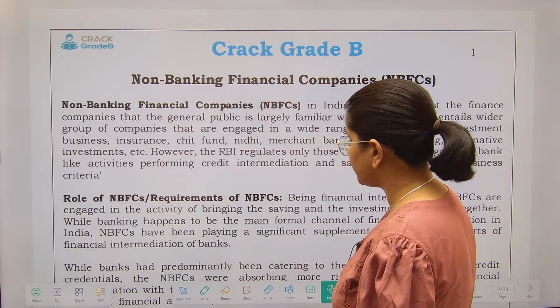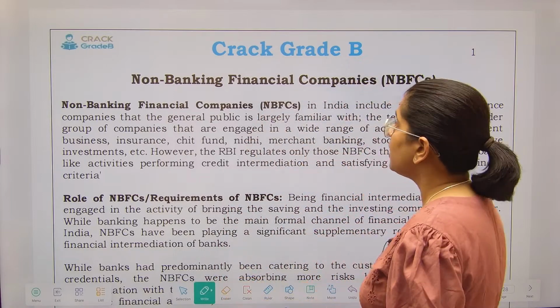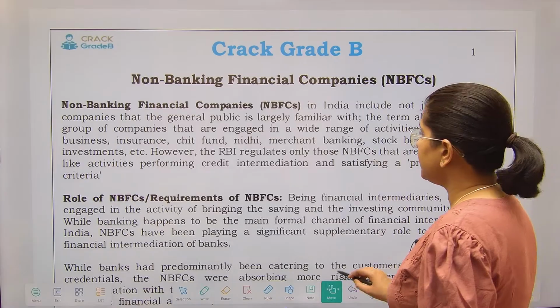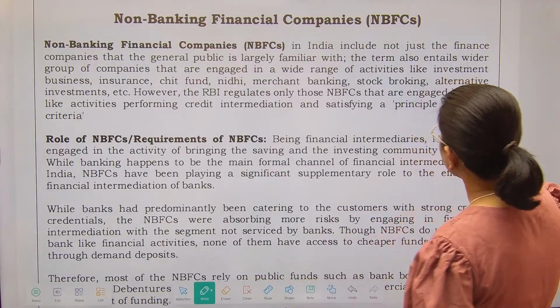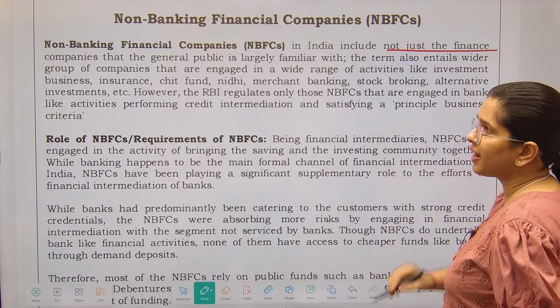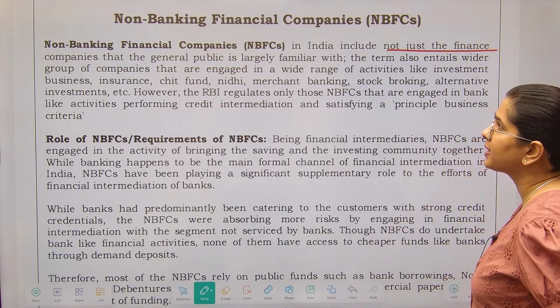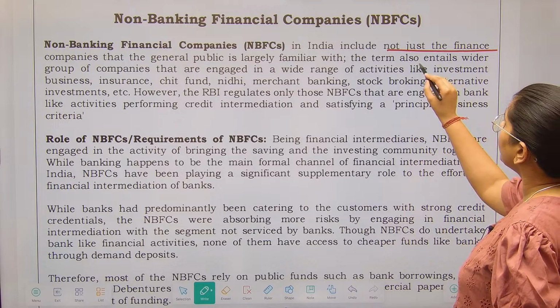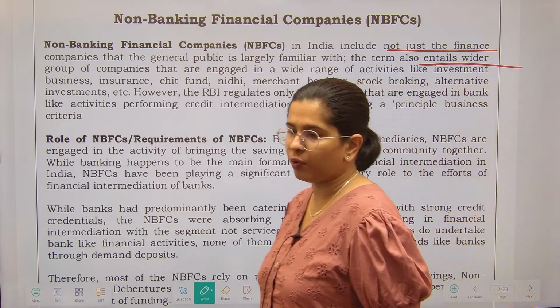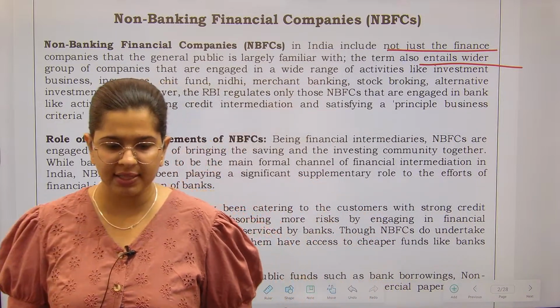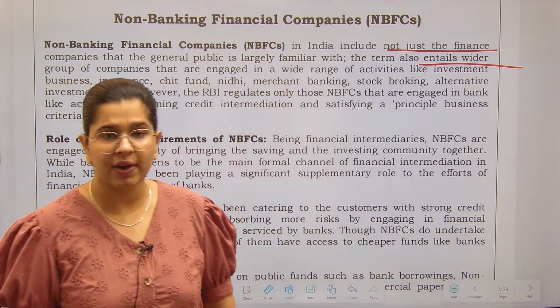चलिए आइए. So let's read the definition. NBFCs in India include not just the finance companies that the general public is largely familiar with, but also a wider group of companies. Wider group of companies, देखो, normally तो we know that okay, finance companies, NBFCs do finance